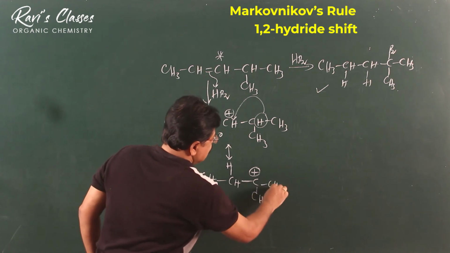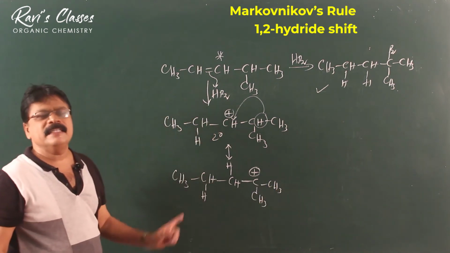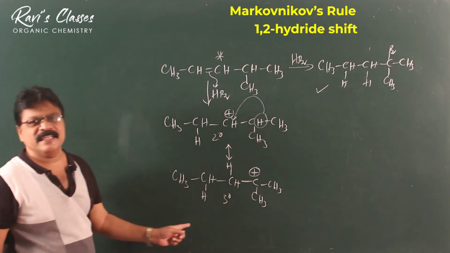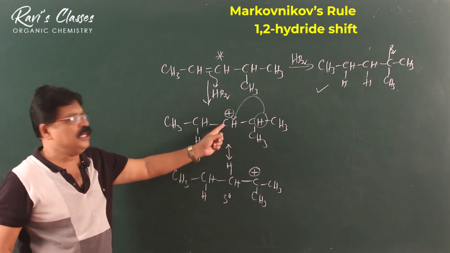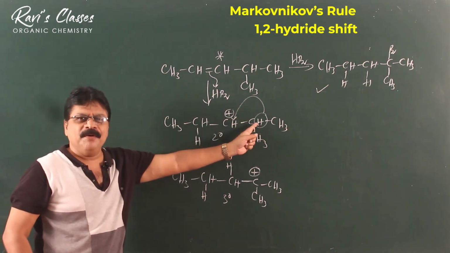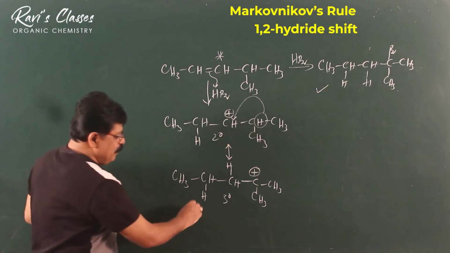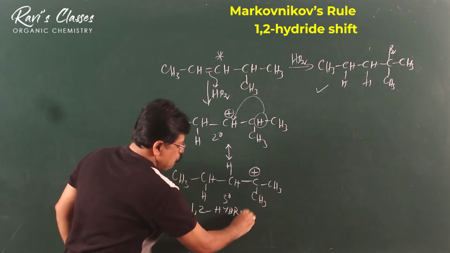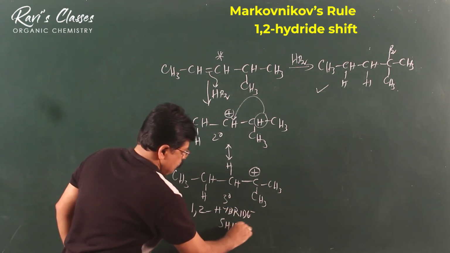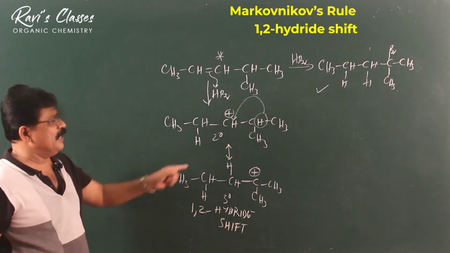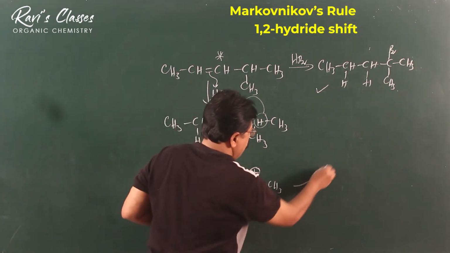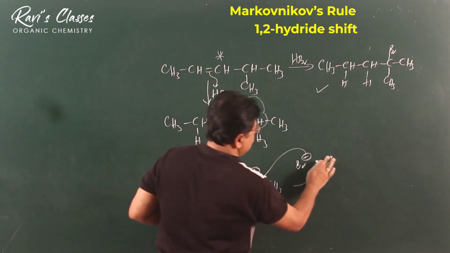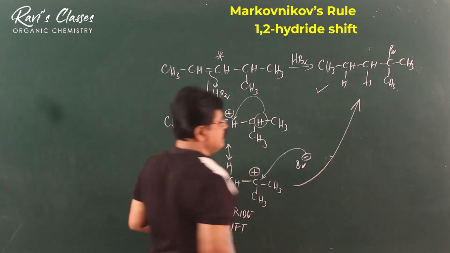Now, we can very easily explain why this is happening. This has happened because a tertiary carbon cation is far more stable than a secondary. So, this leads to a shift of a hydrogen atom from this position to this position. We normally refer to it as the 1,2 hydride shift, and you get a rearranged product. Now Br minus will come here, and therefore the product obtained is this.